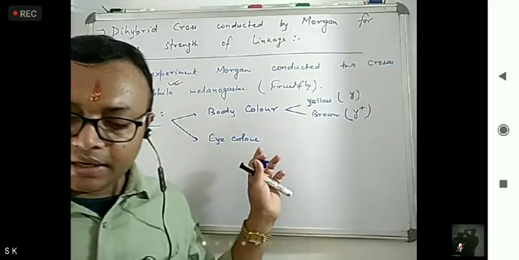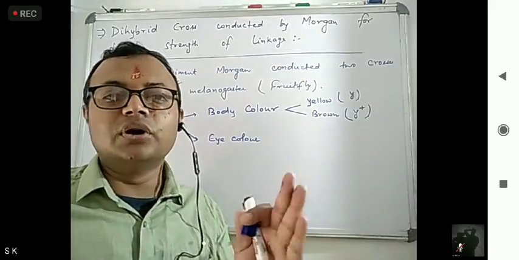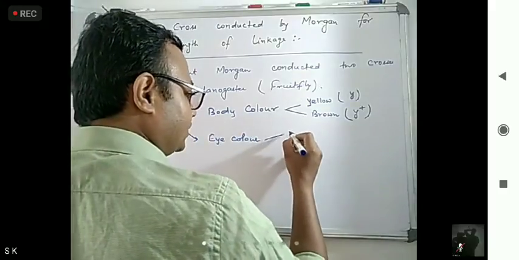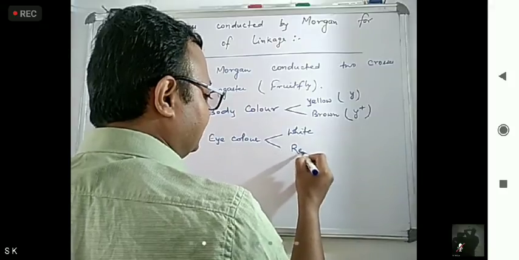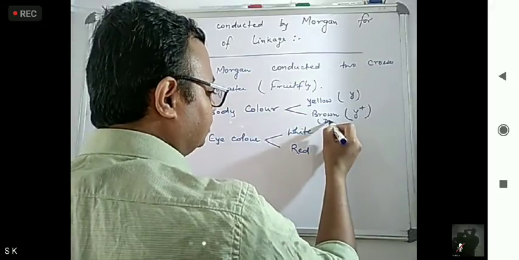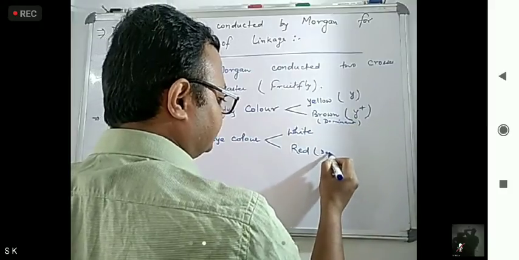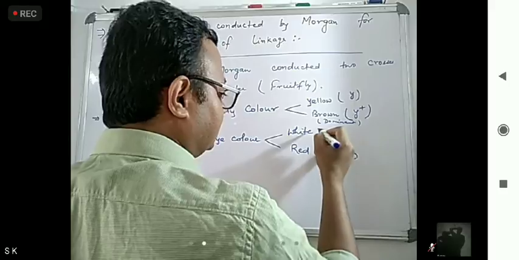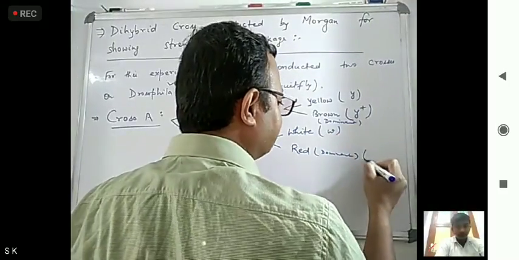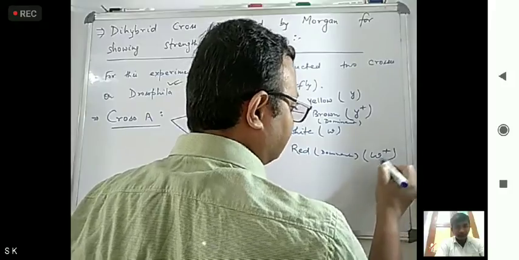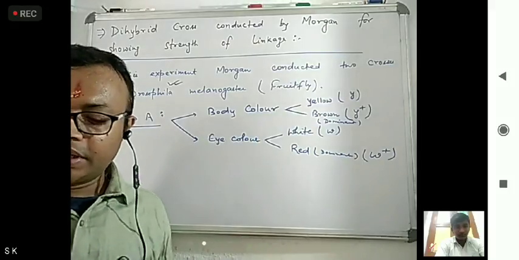Now in eye color, he chose two types: one is white and one is red. White is recessive and red is dominant. White is denoted with a small w, and dominant red is denoted with w plus, that is superscript. Okay, so in cross A, what he does, he then